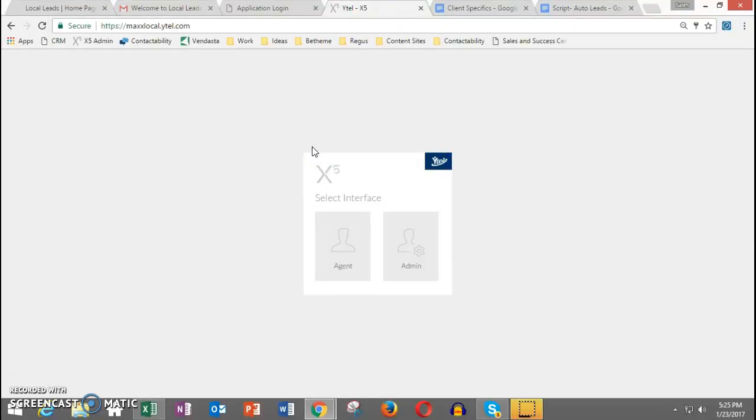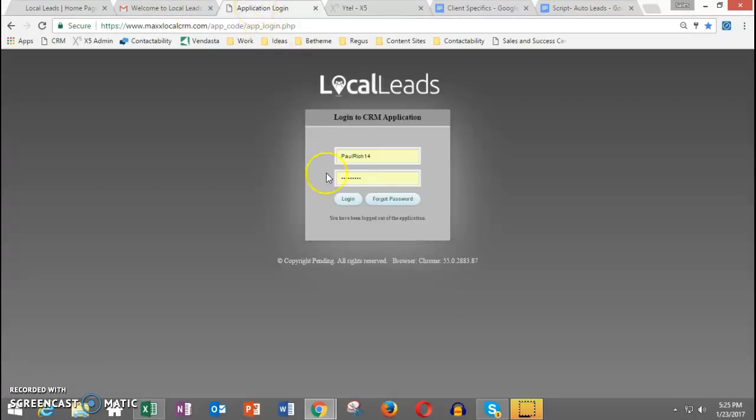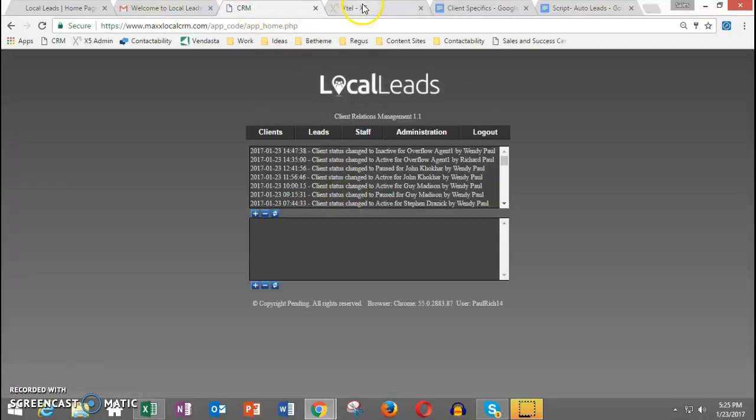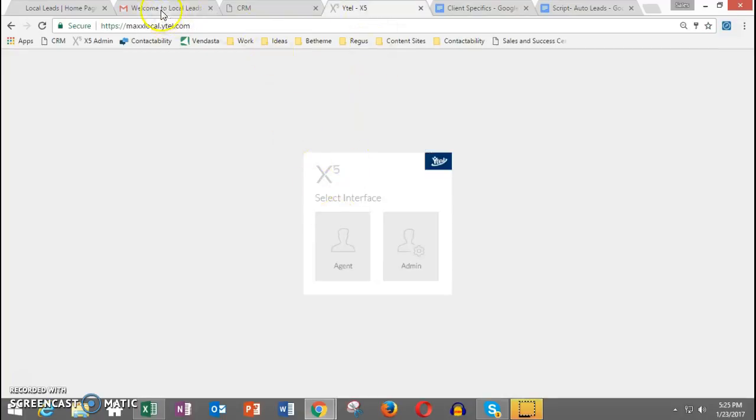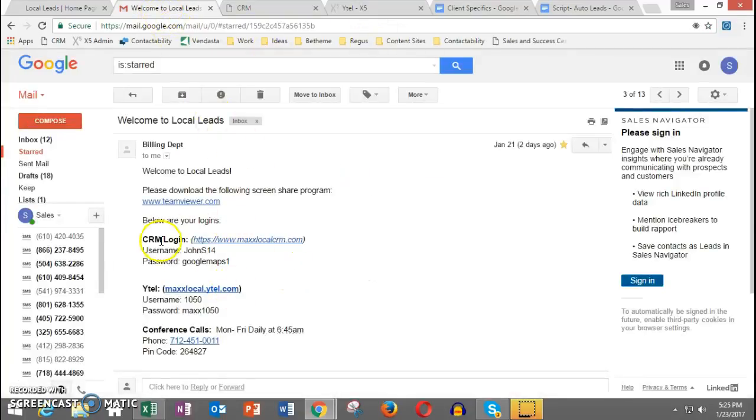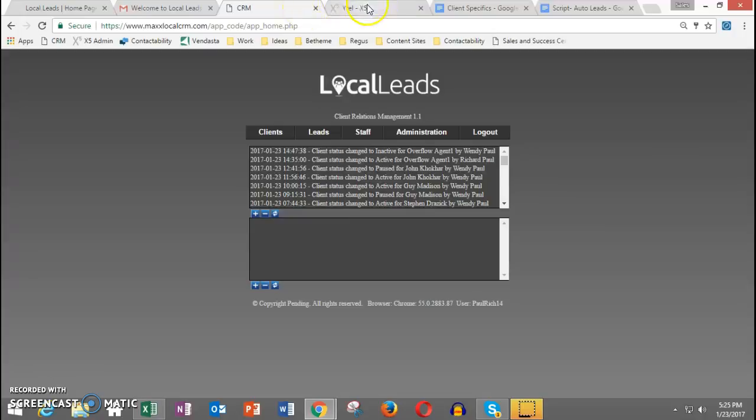So the reason you have that USB headset is to be able to take phone calls. Everything that we do is through the internet. So we're going to log into both of these so we have the normal screen up, so that way we can jump back and forth as we go through this. So go ahead and go to both of these logins and then input your own username and password so you can see what we're talking about while we go through this video.